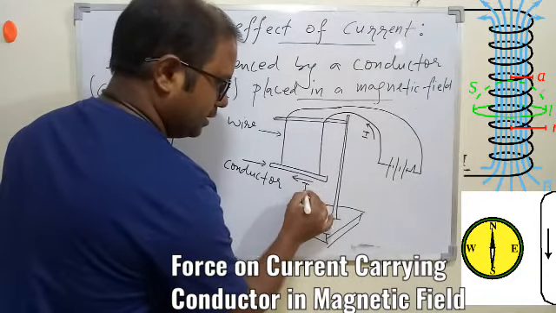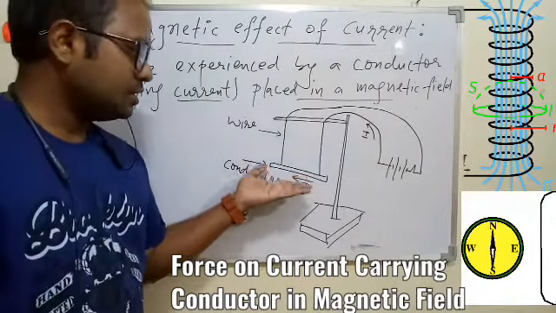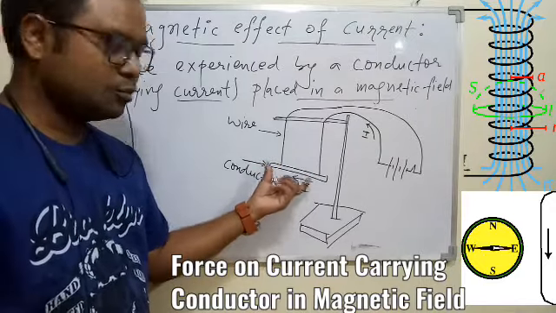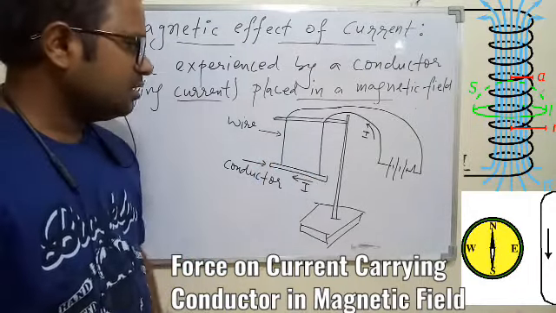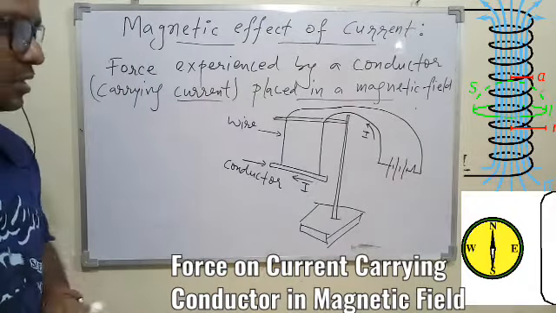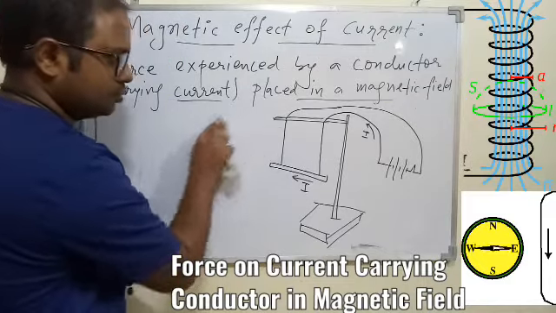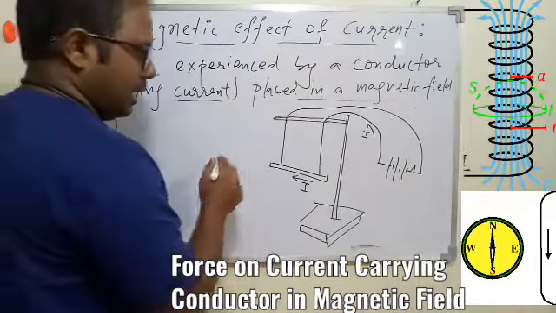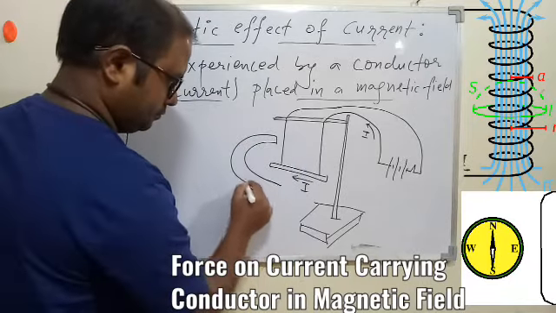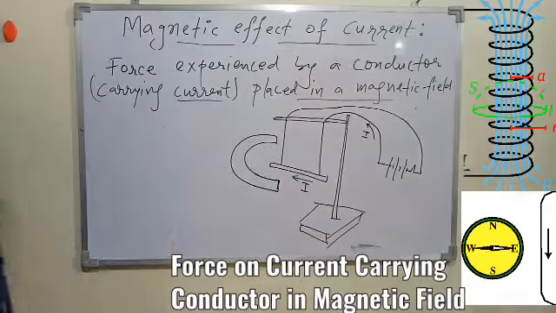This is what I am trying to explain here. A stand with wire which is supporting a conductor, and this wire and conductor are connected so that the current can flow through this conductor also, and we have a power supply and the switch for the circuit. Okay, so overall this is the setup. Now I am not writing conductor here. I hope you understood. This is the wire. And this conductor is placed between a horseshoe magnet. I hope the diagram is somewhat clear.